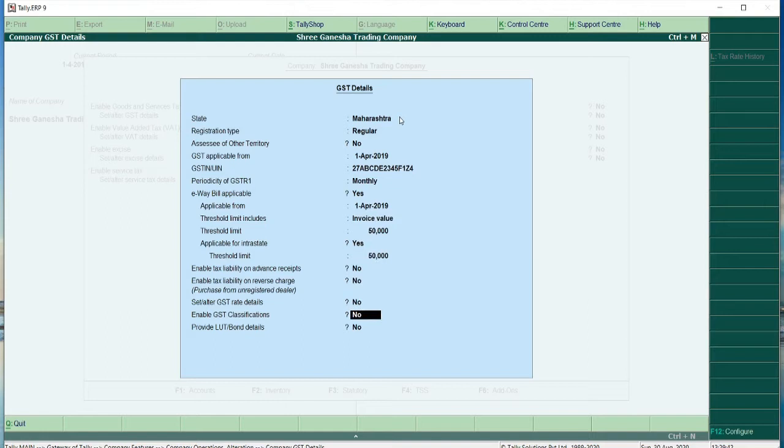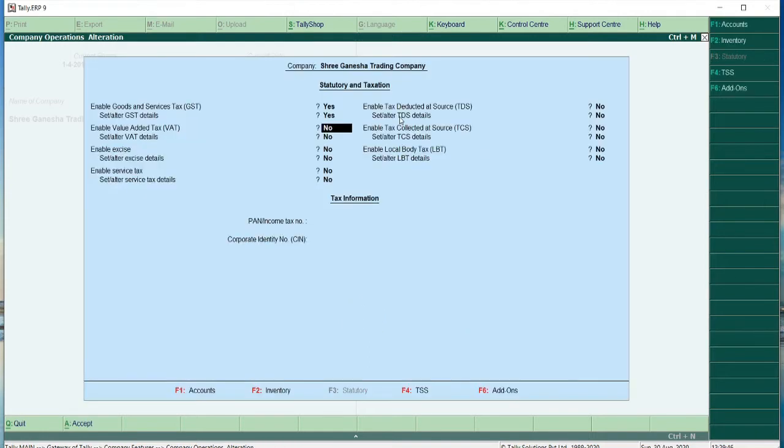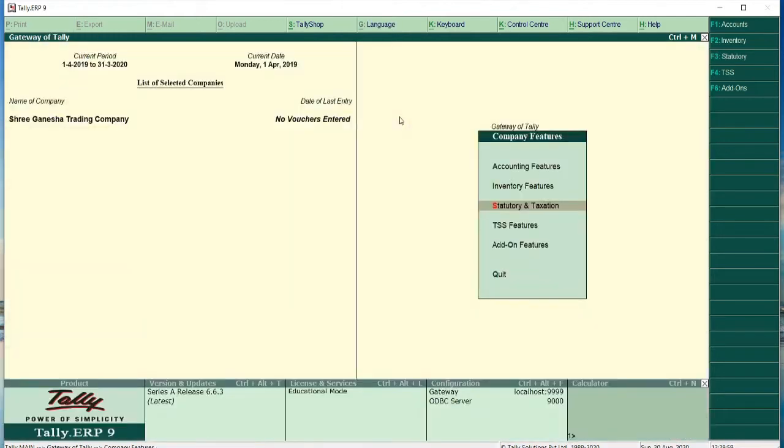I am simply accepting whatever is there on the screen. Accept, yes. Now I have finished with these GSTN details. You have to press enter, and finally you have to accept the information. Now my GSTN details are properly typed, and my company is now going to apply GST on the products.